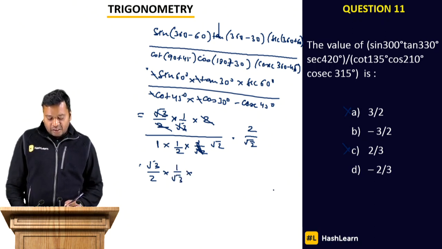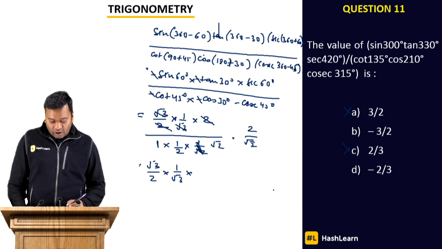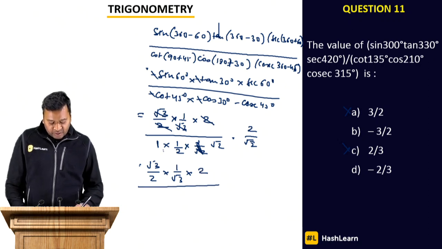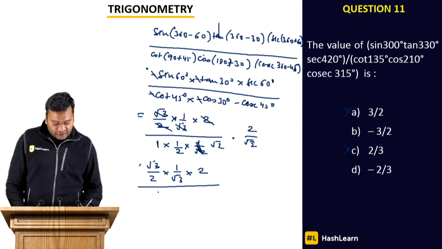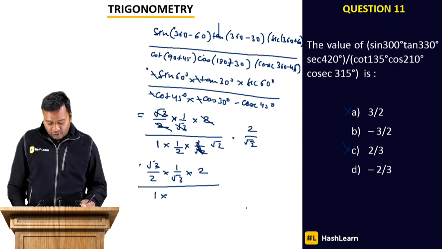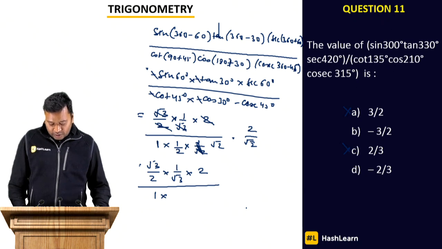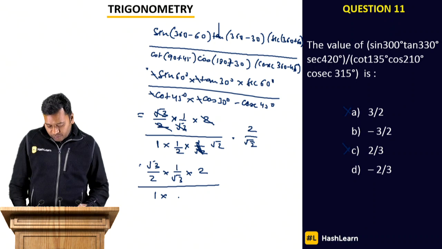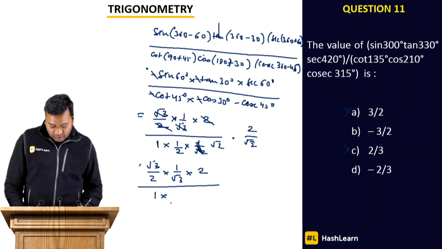Then sec 60, 1 by cos 60. Cos 60 is nothing but 1 by 2, that means it represents 2. That's correct here, right? So here cot 45, so tan 45 opposite of that, tan 45 we know is nothing but 1, right? Then cos 30, let's consider. So cos 30 will be how much, right? Cos 180 plus 30 is the format given, right? So here cos 30, 180 plus cos 30, let's take. So cos 30 is nothing but same,